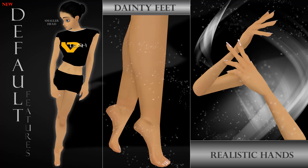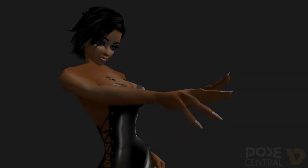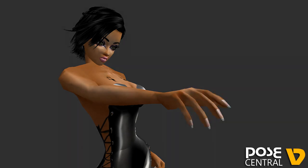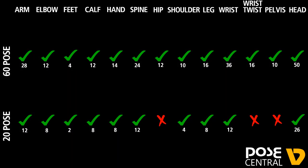The good thing about these hands that Derivable X has made is they are fully poseable. As you can see here, they're fully poseable, which is a great addition. So that makes a big difference, and they're not dainty, but they're not huge. They're just nice. And these are the differences between the 60 pose and the 20 pose, and I advise you